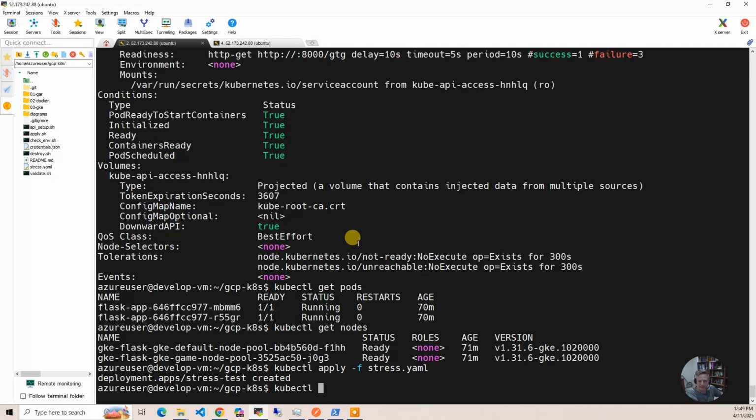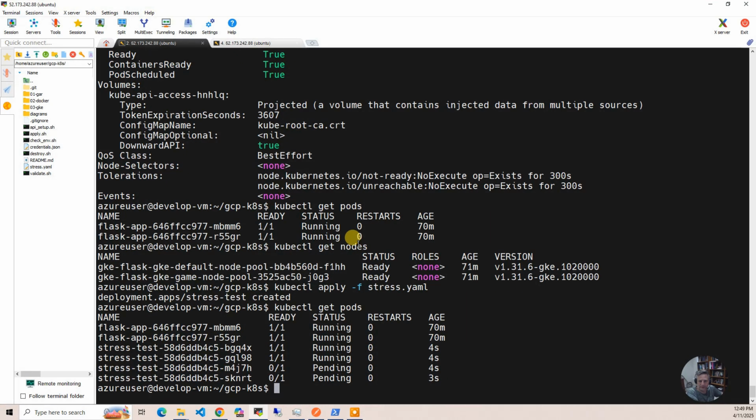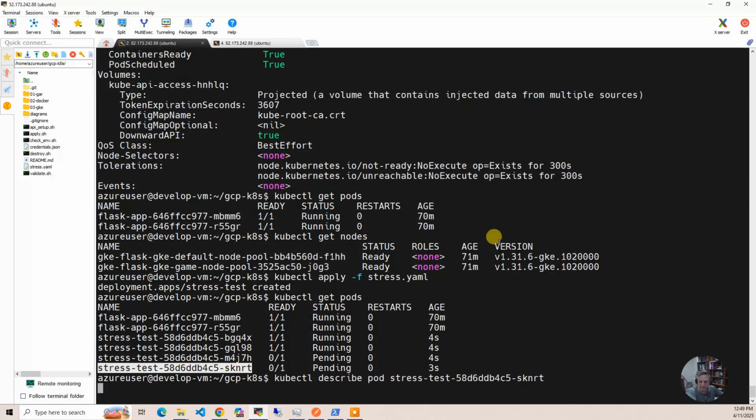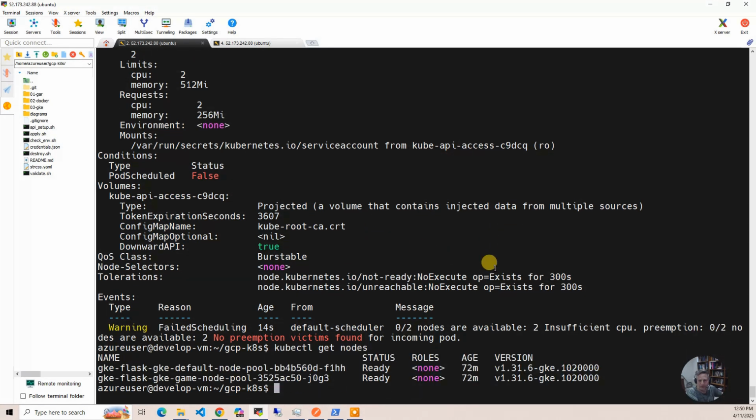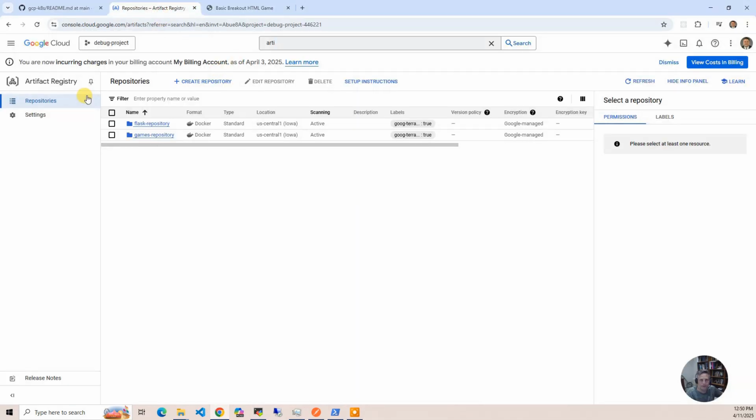And if I do kubectl get pods, you're going to see kubectl describe pod on this one here. And it's going to say, hey, I don't have enough nodes. So what we're going to do is wait. If I do kubectl get nodes, we're going to wait, and while we're waiting, you should be able to